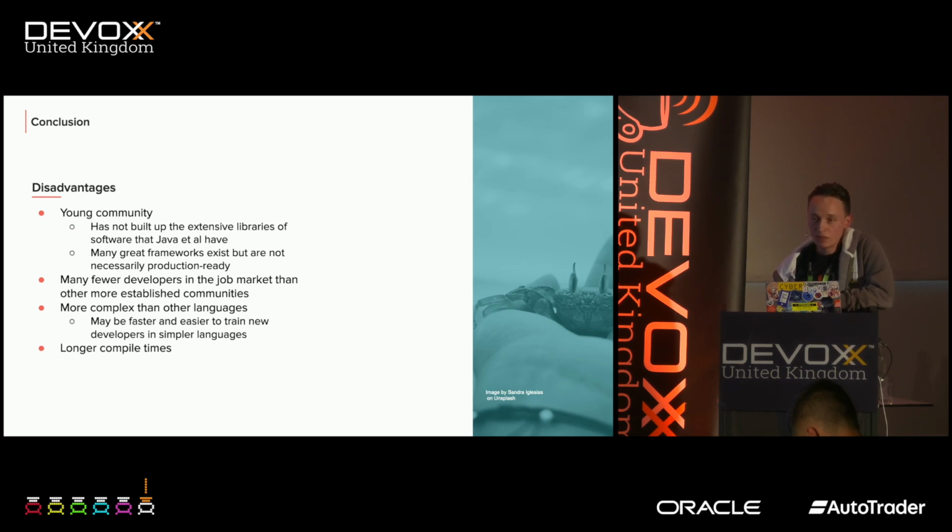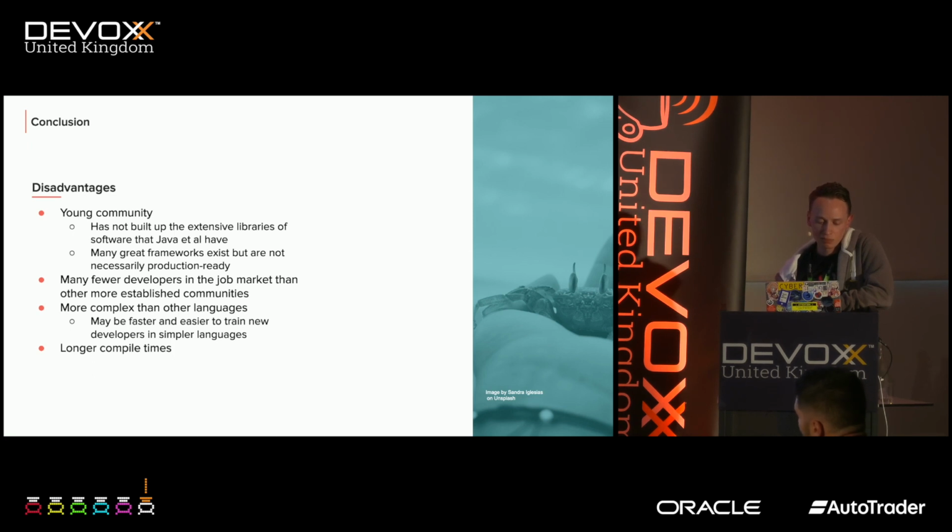It wouldn't be fair of me to stand up here and ramble about how much I like Rust if I didn't also talk about what some of the drawbacks might be if you're seriously considering investing in the ecosystem and the language. A few things are that it's quite a young community. I mean, it's over 10 years old now, certainly, but relative to other languages it still has a fair bit of maturing to do, right?